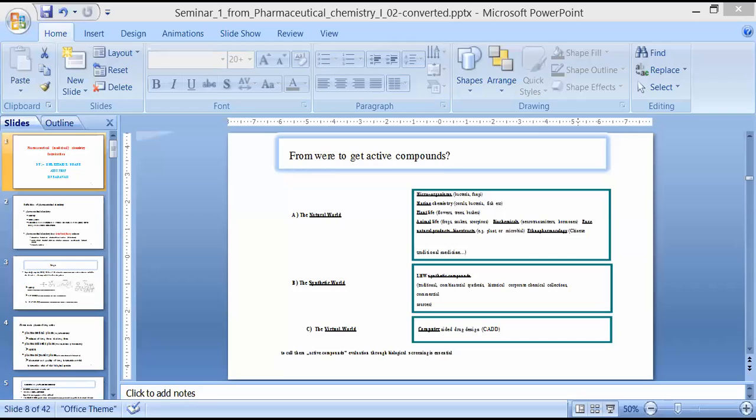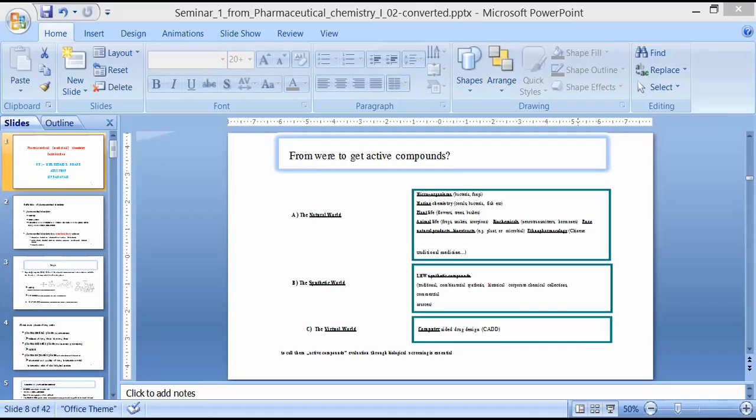This is okay, but from where are we going to get the active compound? No doubt, we have selected the disease on which we are going to work. Suppose we have selected cardiovascular diseases. So many drug molecules exist in the market that are used for the treatment of heart blockage, heart attack, and so many others. Still, we think about working on this disorder, that is cardiovascular diseases.